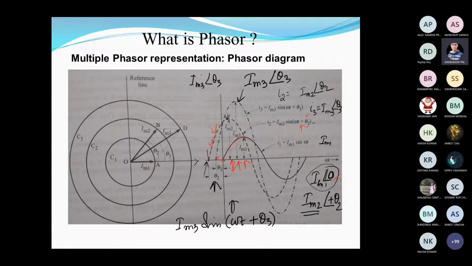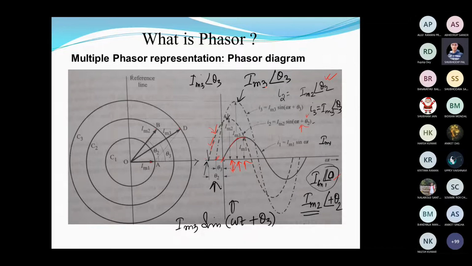And IM3 has a theta 3 value which is less than this. So where is theta 3? It is actually the representation of I1, IM1 and IM2. If we draw the phasor diagram, the vector diagram, the parallelogram you have learned, this is where IM3 comes. Okay, so this is IM3.